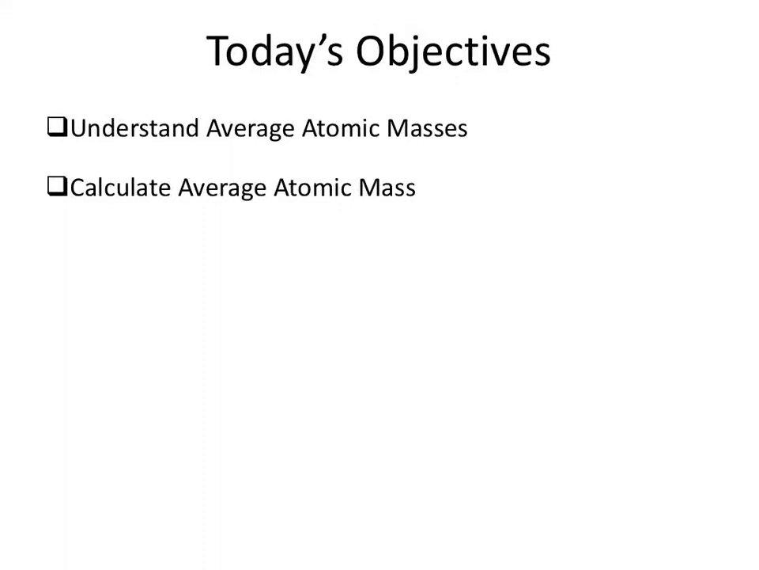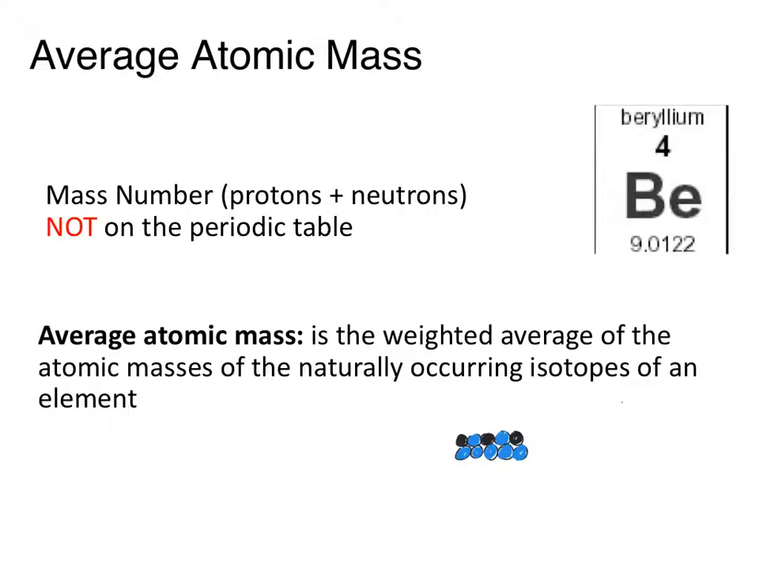The learning objectives for this lecture are that you will understand average atomic masses and what they represent, as well as be able to calculate average atomic mass for individual specific elements. Okay, so the average atomic mass is the number that you actually see on your periodic tables below your element